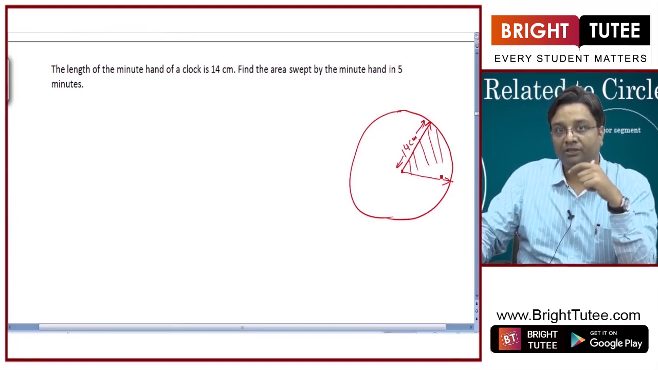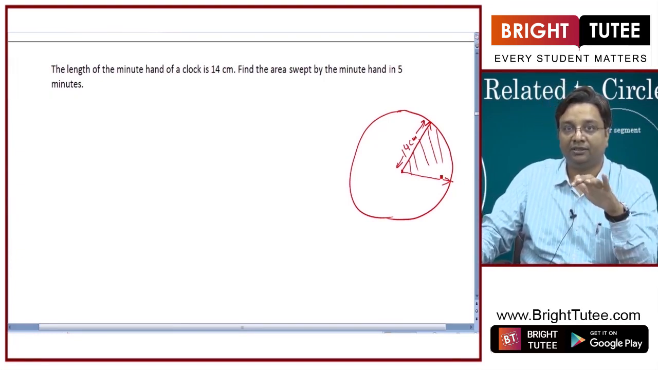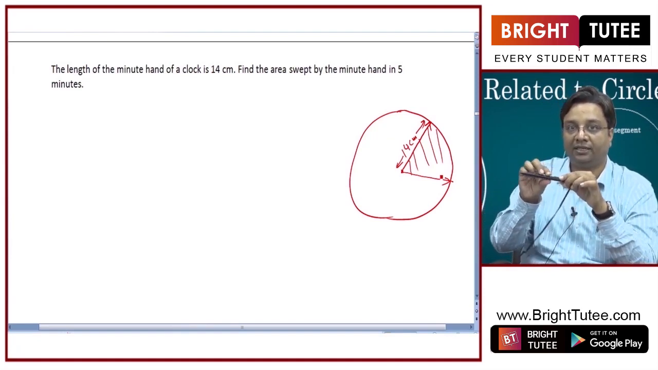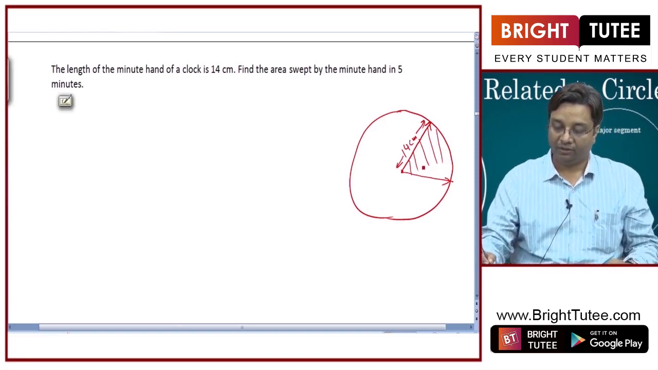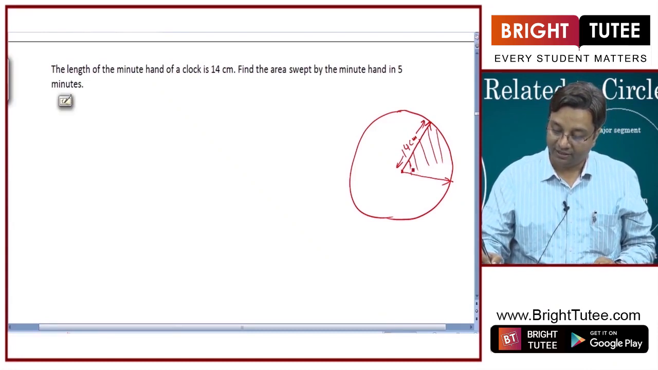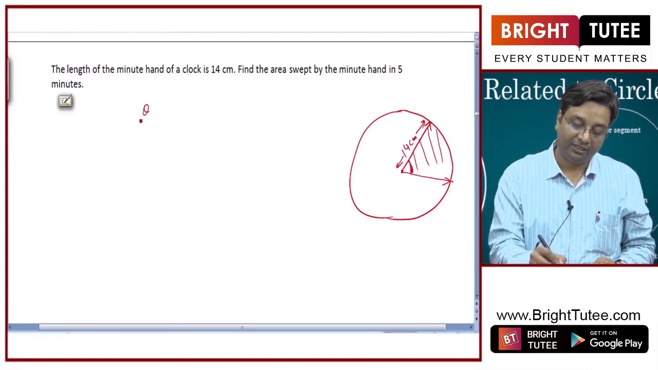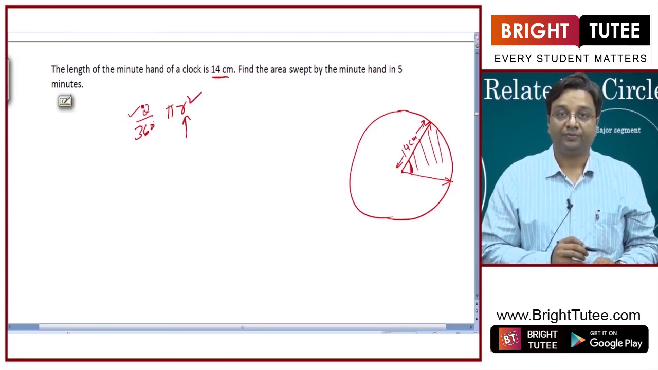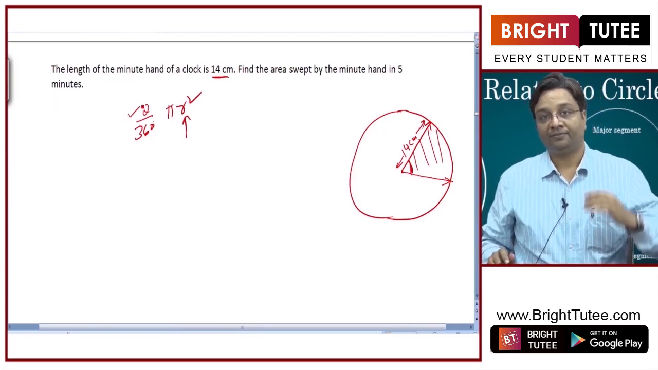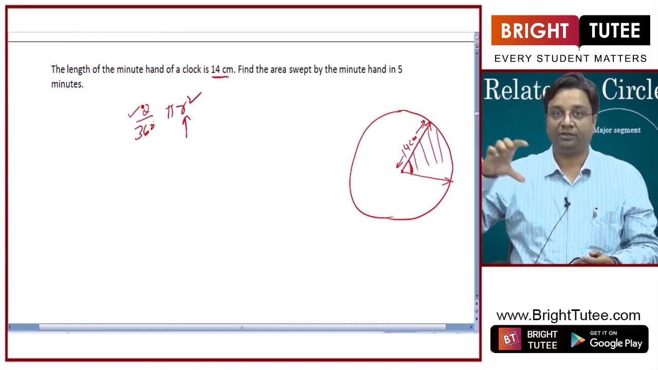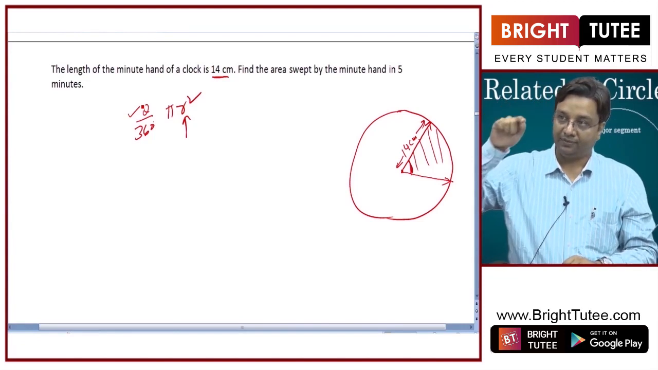Now this minute's hand is moving, so it is acting like the radius of the circle, right? The minute's hand is moving like this, so it is creating a circle, right? So I need to calculate the area swept by this minute's hand in 5 minutes. Okay, so what I need is this angle, because the area will be theta by 360 pi r square. R we already know is 14 centimeter. Theta we don't know, so we need to know the angle swept by the minute's hand in 5 minutes, or the angle made by the arc